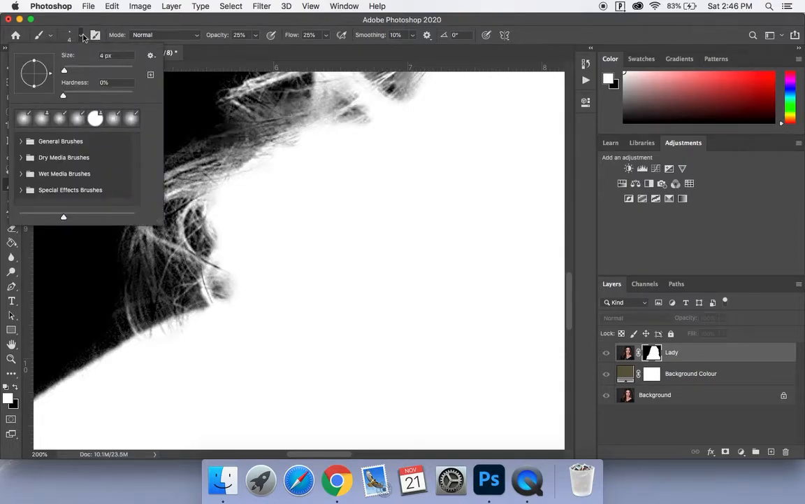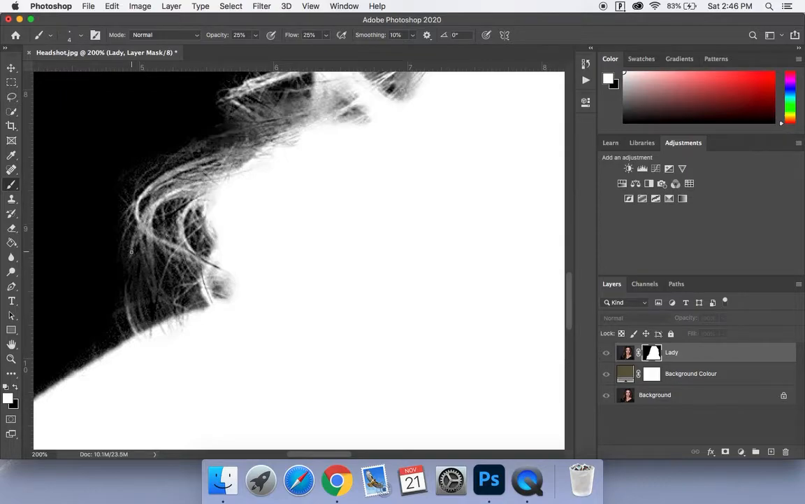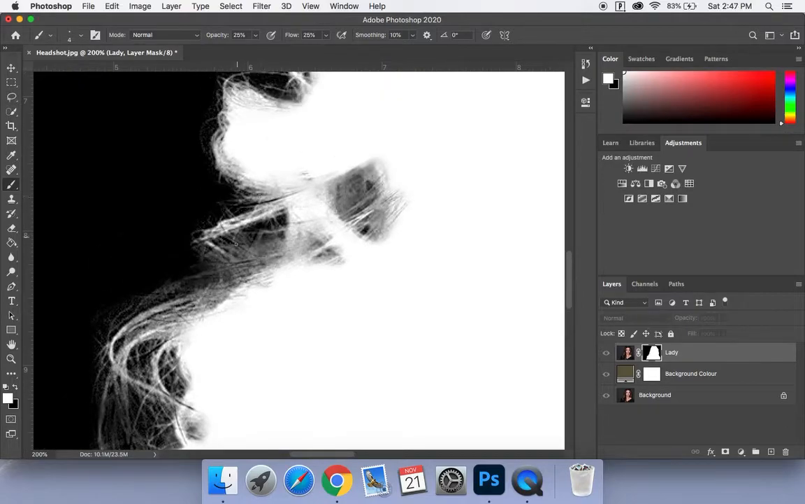And I don't need a hard brush because I can see there's no hard lines here. And I don't know that that's 100% correct, but that seems like the trajectory of that hair strand, so I'm going to leave it at that. I'm going to start to fill in some of this,